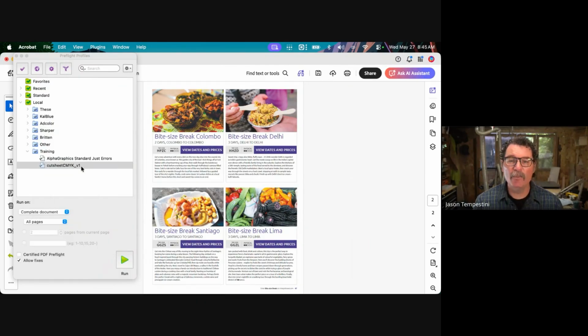So when we get all the way done with this list, what we have is this cut sheet CMYK V1. It forces things to CMYK. You can see pretty easily how you wouldn't have to do that. Why we've made the decisions we've made and what's important about Preflight and how to get these things going. So now,